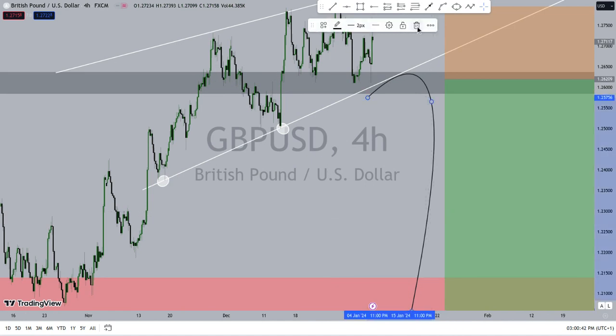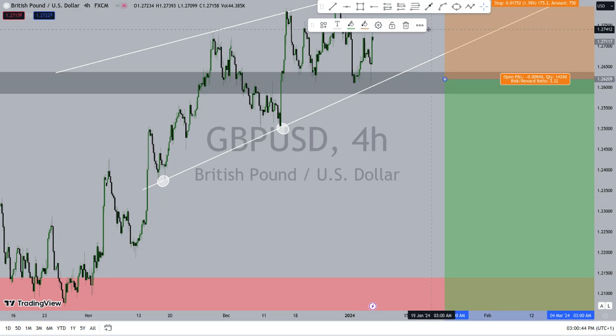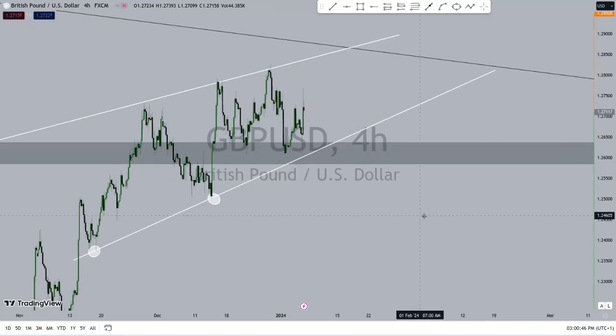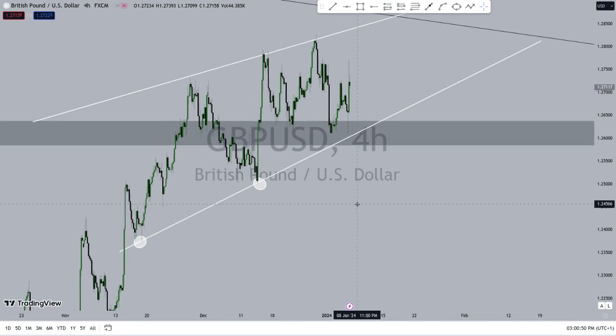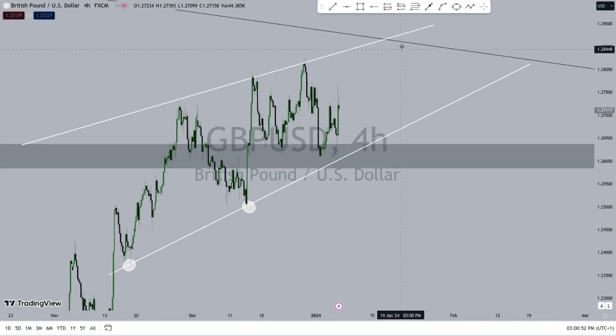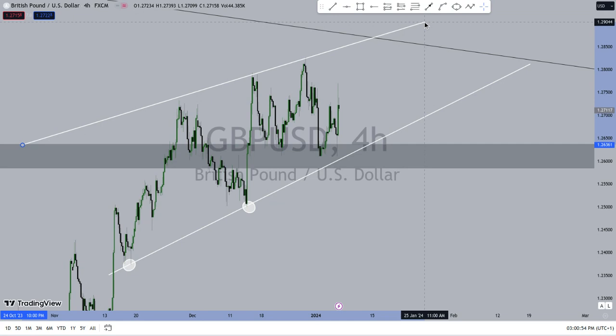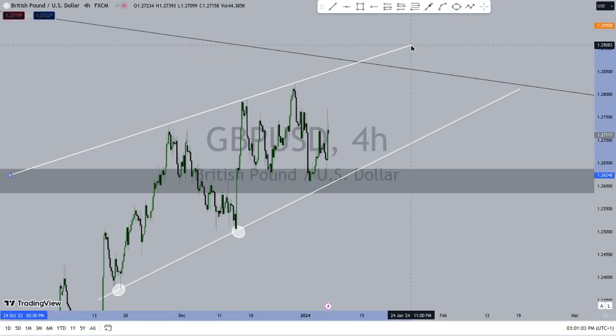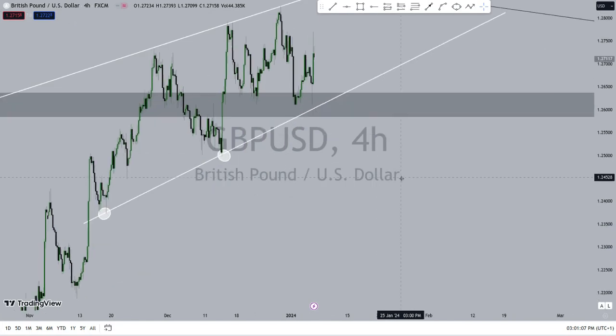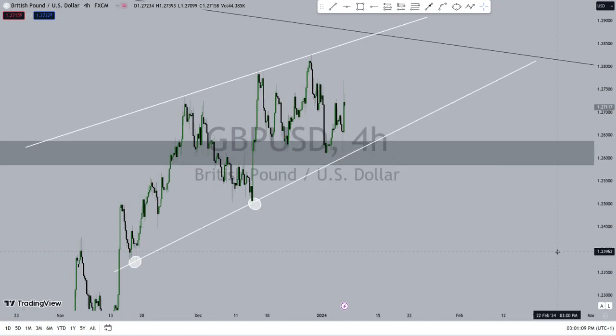So let's go ahead and delete this also. Okay, guys. Look over to the 4 hour time frame and see what we can clearly see. We'll make this straightforward. Looking at GBP USD, you can see